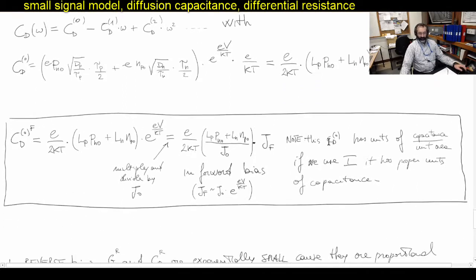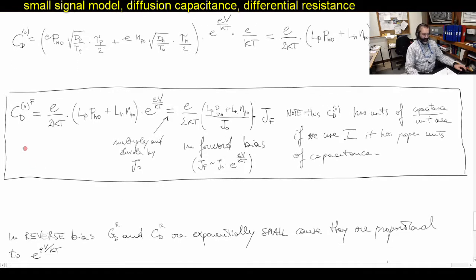So finally, we can say that the first term in our expansion of the diffusion capacitance is CD0, which, in forward bias, well, this is the general expression that we said previously. If we specialize to the forward bias,